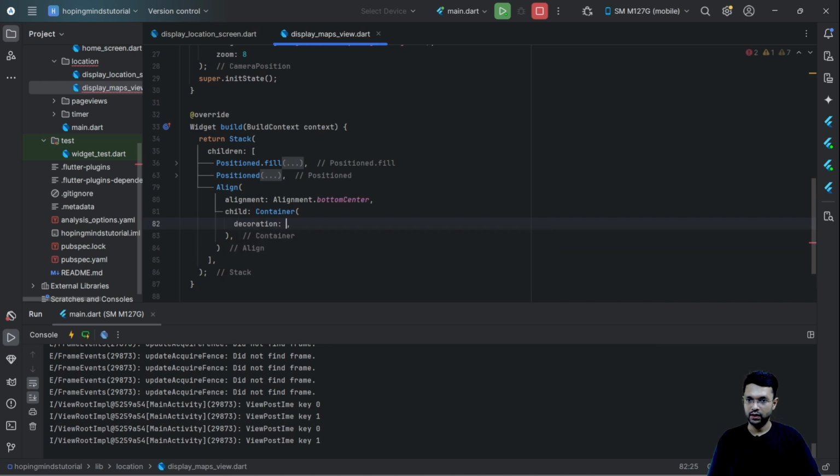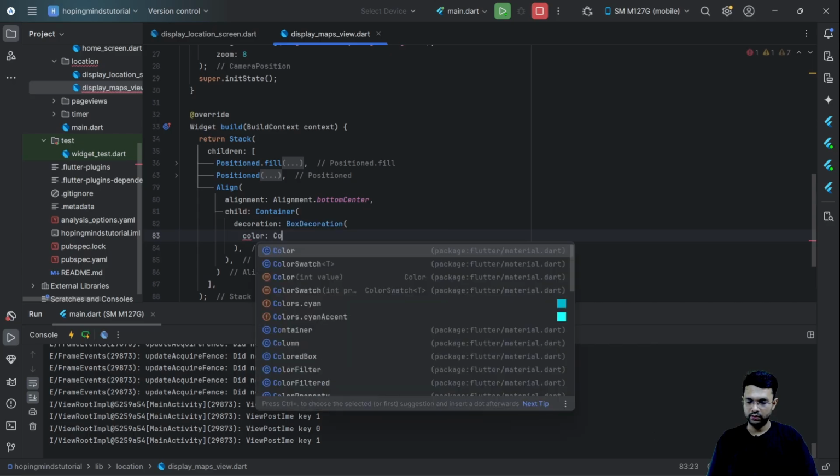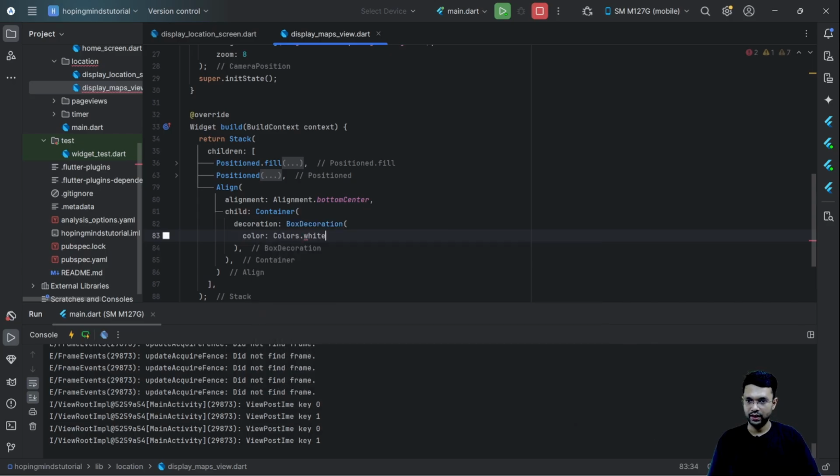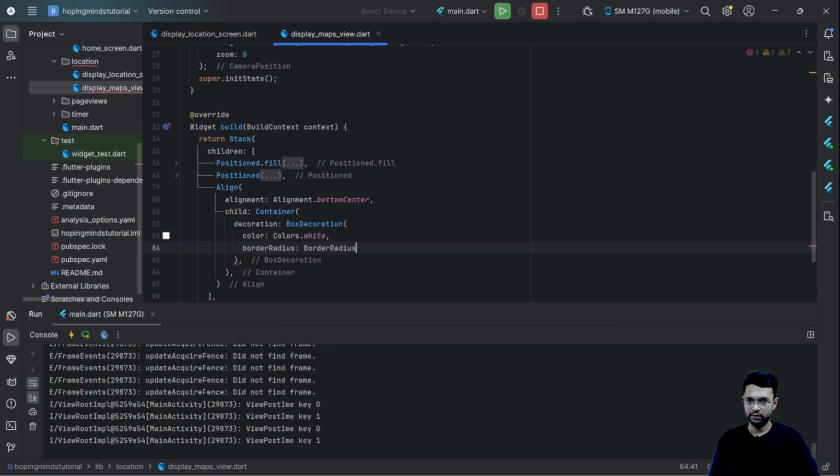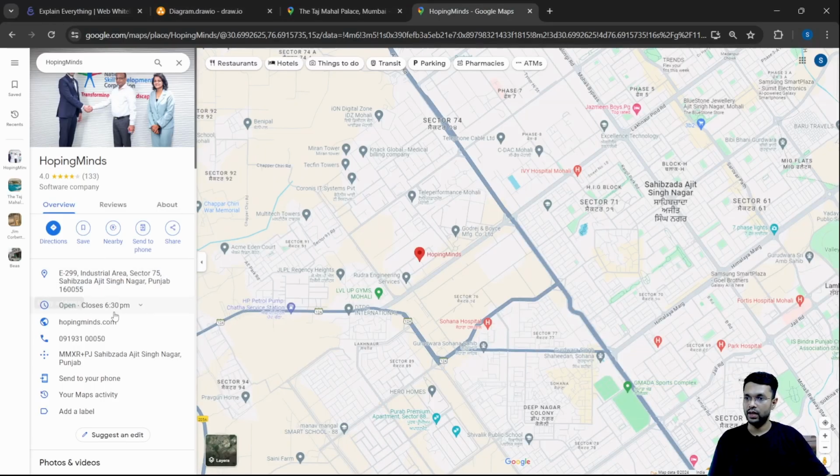Let me give the decoration as Colors.white, and then a bit amount of border radius. Over here, what it will be displaying is the marker for the address where my office is. So let me copy this